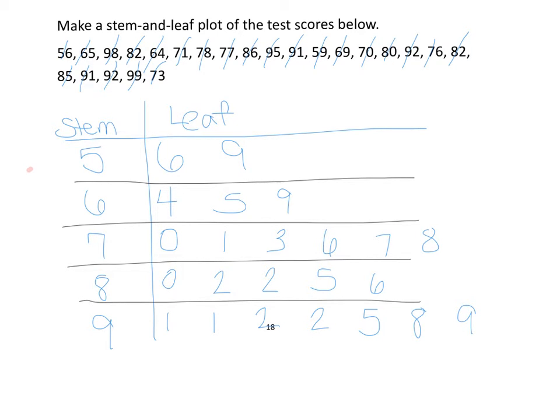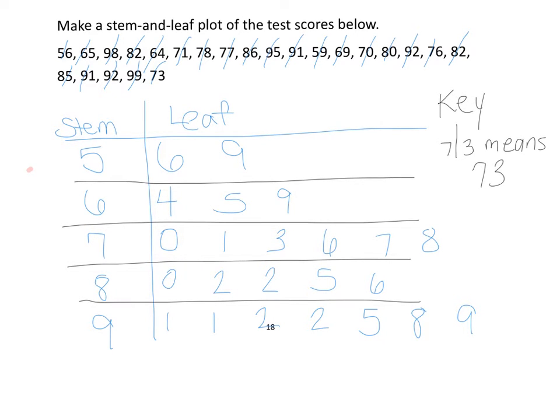We can then go ahead and make our key, because the key is going to tell us how we are going to read this. Now, when we write the key, you pick any number on your stem and leaf plot. I'm going to pick 73. So we write 7, draw a long vertical line, and then a 3. And we write that that means